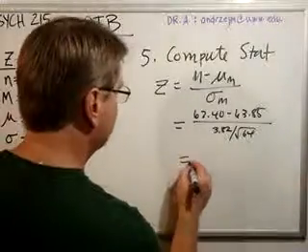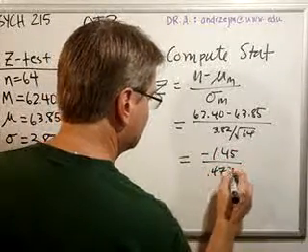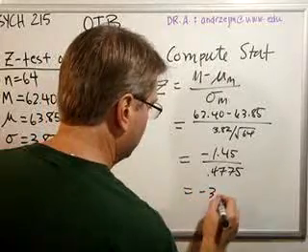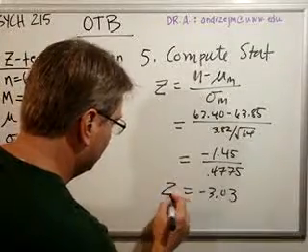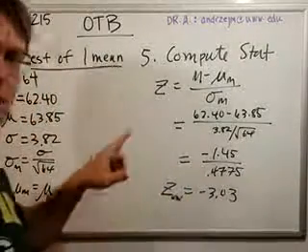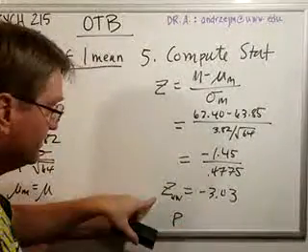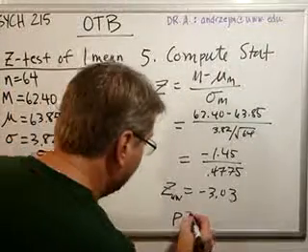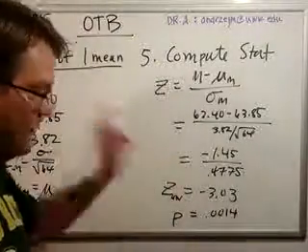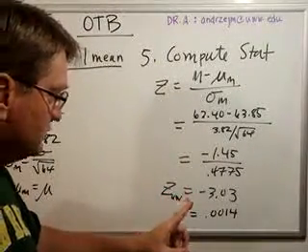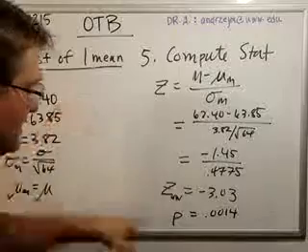So if we do this math a little bit, we're going to get negative 1.45 divided by 0.4775. That's equal to negative 3.03. Now, this is a z. It's a z unit normal. So I can use table A, or I can use NORM.S.DIST, and I can look up the p associated with a z of negative 3.03, which is 0.0014. That means that if we assume the null hypothesis were true, the probability of getting a sample of 64 with a mean height of 62.4 is